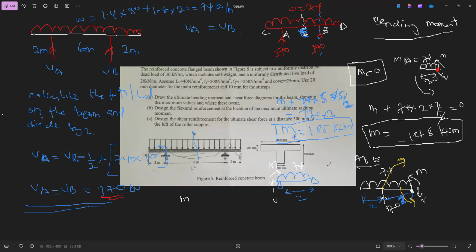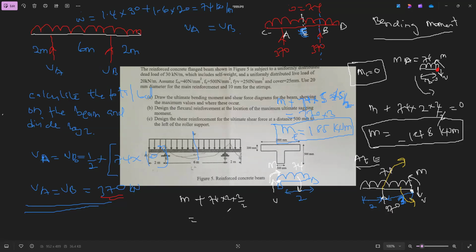So this is still 74. What are we having? So you add the distance. M is clockwise this time. We are taking the moment about this. So if M is clockwise, and the 74 is also, so 74 by 2 by 2 over 2. You see that? Then equal to